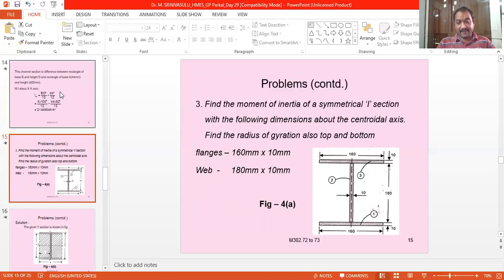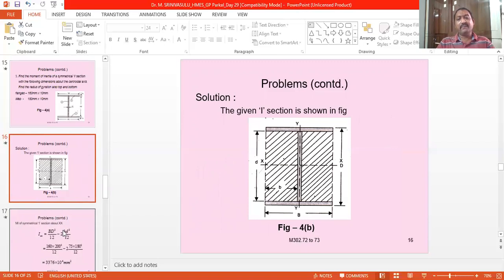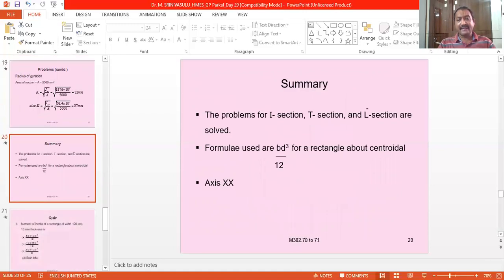here it is divided into three parts, because it is having the top flange, bottom flange, and web. So each is a rectangle, and it can be divided into three rectangles. But in the present problem, it has been solved by constructing a bigger rectangle from which two smaller equal rectangles have been cut out from the bigger rectangle, and in that way we will also find out the moment of inertia. Anyhow, that we will take up in the next class.